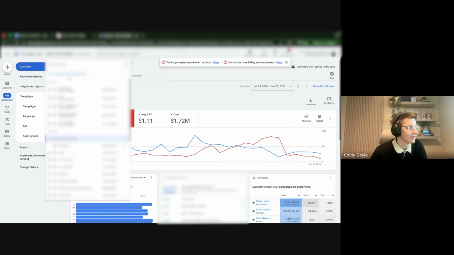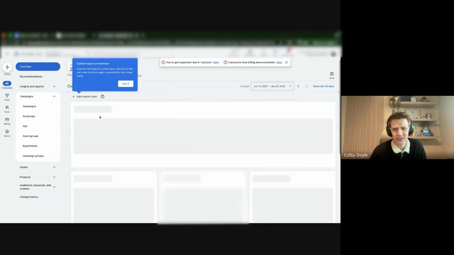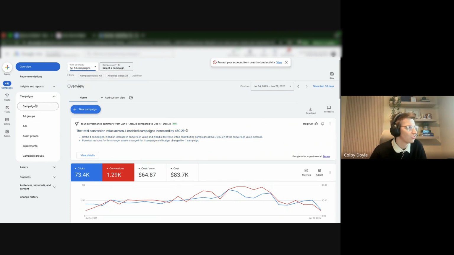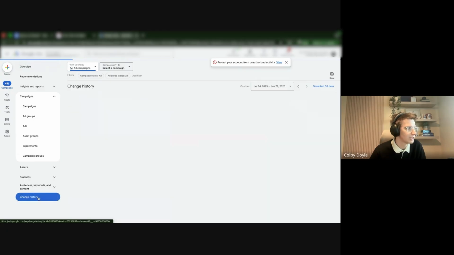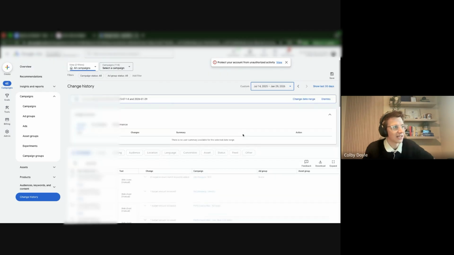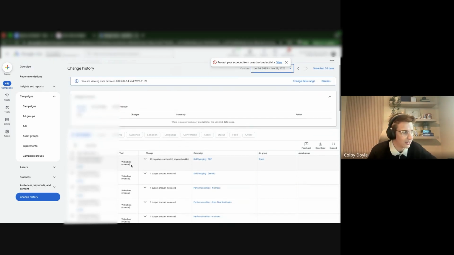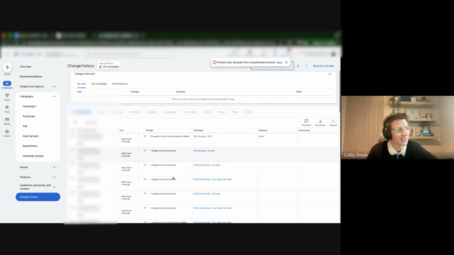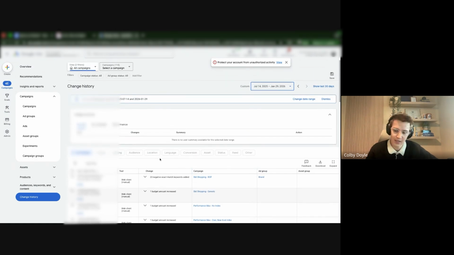Hold on, let me get out of this account and go into another account. Am I sharing my screen? You can see it? Okay, cool. When you're in a Google Ads account, start at the main screen and scroll all the way to the bottom, and you'll see change history. Within the last 30 days, you'll want to see that there's some activity going on in here. Thankfully, we can see my team has done some stuff. Not a lot, and this is something I have with my own team.